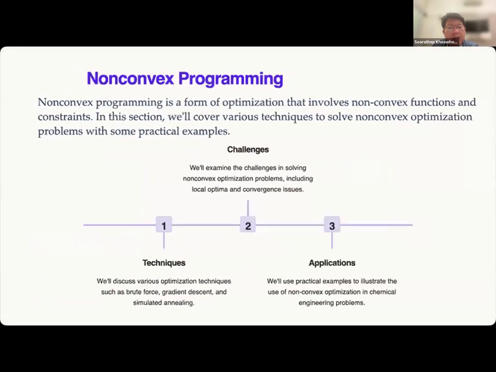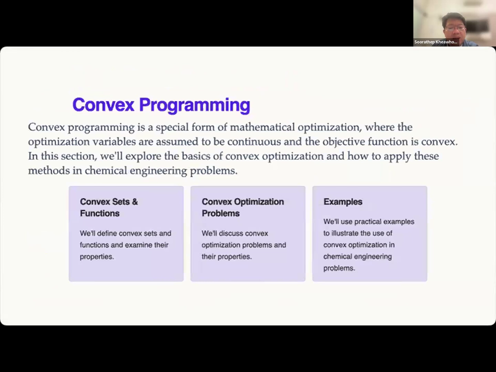Oh, it's not included here. Well, the convex function, it's, well, when